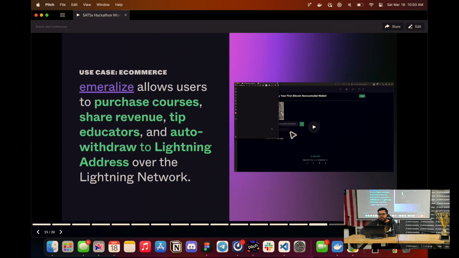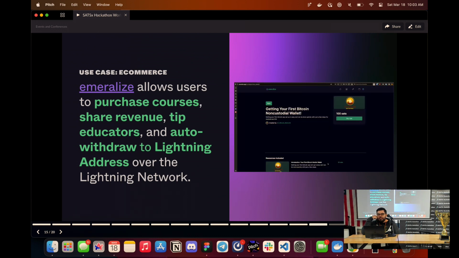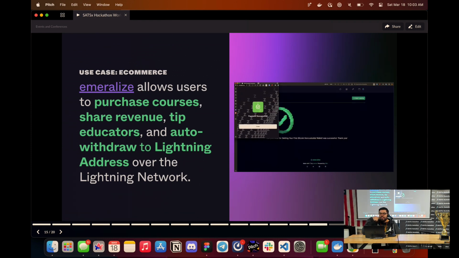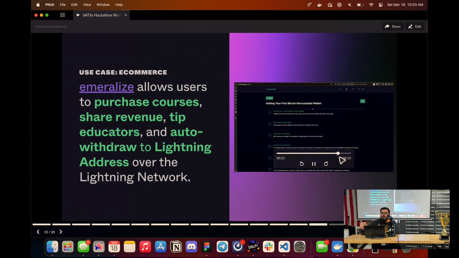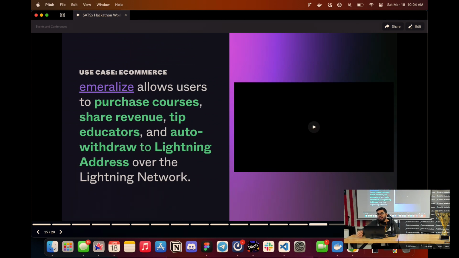So here's an example of a Bolt 11 invoice flow that I built for my own platform. Basically you can click buy now, and it generates a Bolt 11. You can click the button to open it up in a wallet, or you can scan it with your phone. You can then process the payment with a browser extension like Zebedee's, or like Alby as an example. And what happens is it fires back a webhook, and you can update the status of that invoice in your database to completed. And then when the front end of that application checks the status in the database, it's been marked completed, so then you know to redirect the user and which user to credit,